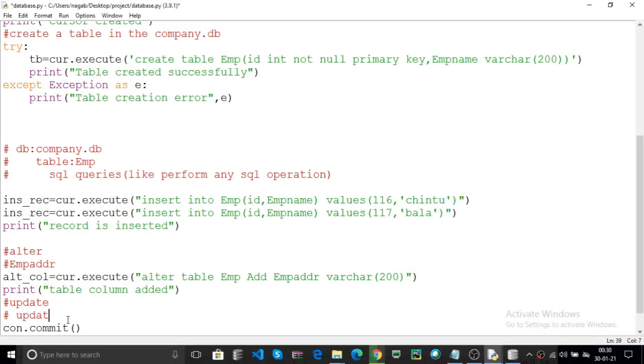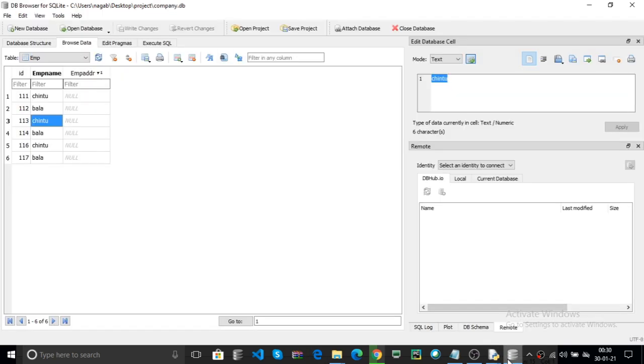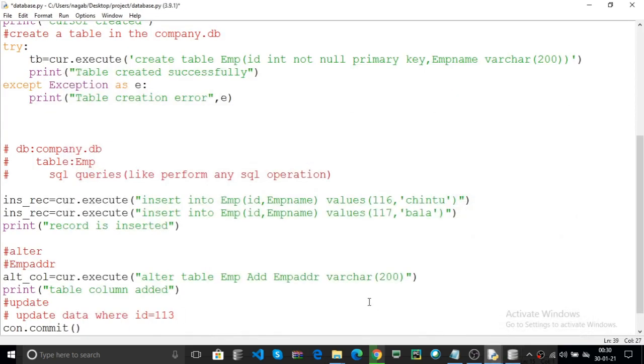Update data where ID equal to 113, change name to Arya. Now how can we use the same update column?